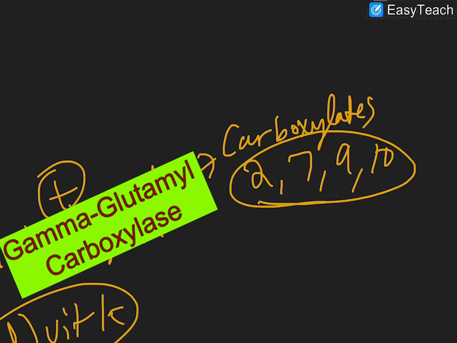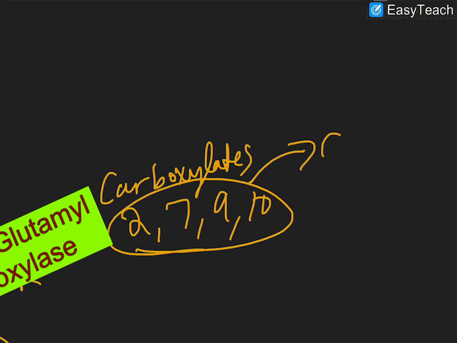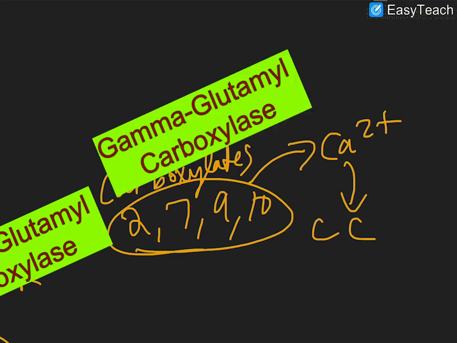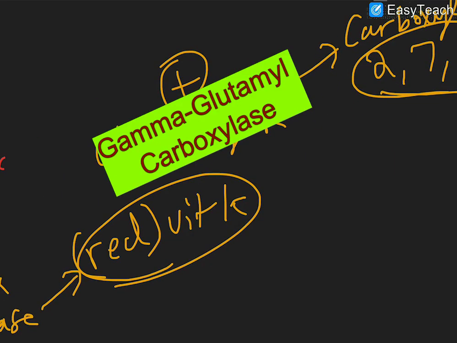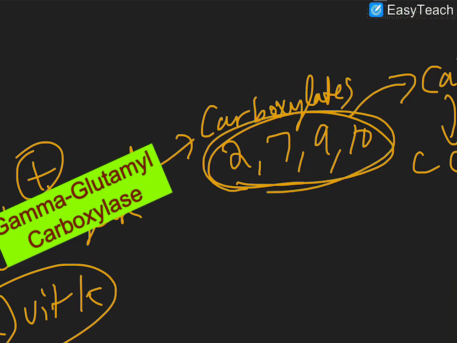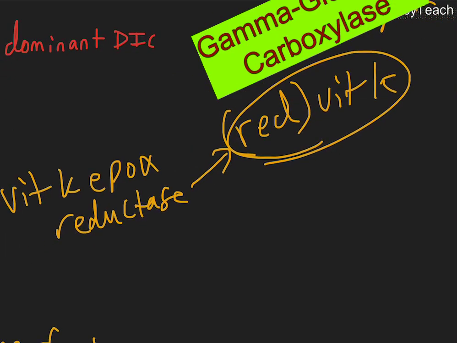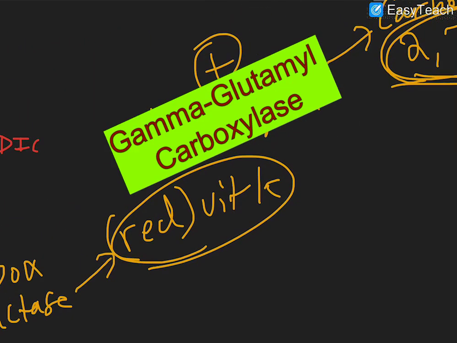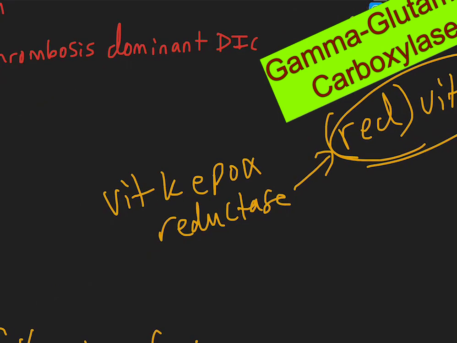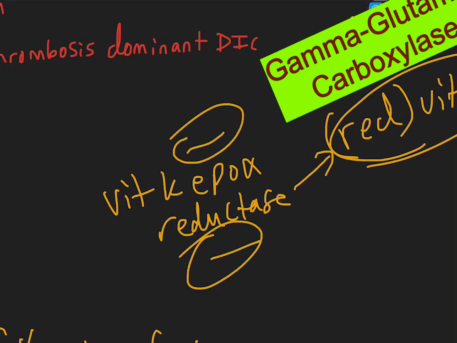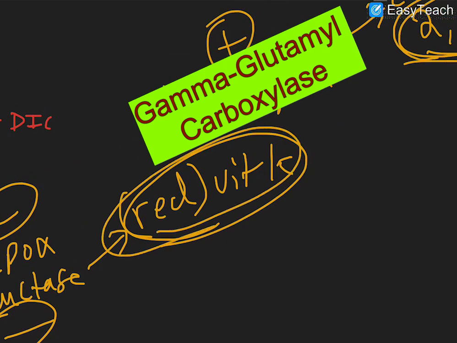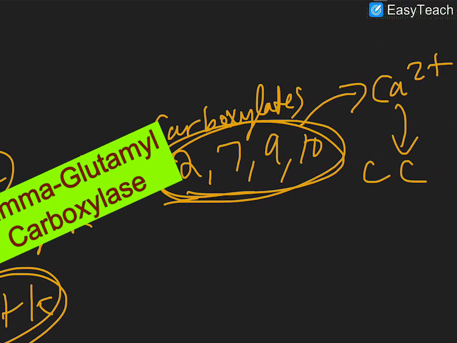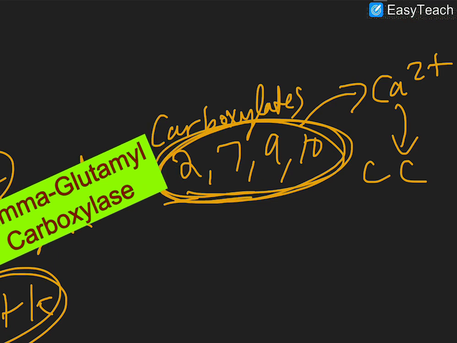Then, only when these factors are carboxylated can they bind to calcium, and only then can they get activated and participate in the coagulation cascade. So we see that you need vitamin K in order to have functional factors 2, 7, 9, and 10. So if you have an overdose of warfarin, then you inhibit vitamin K epoxide reductase way too much, to the point where you don't have any reduced vitamin K. So that means you won't have functional factors 2, 7, 9, and 10,